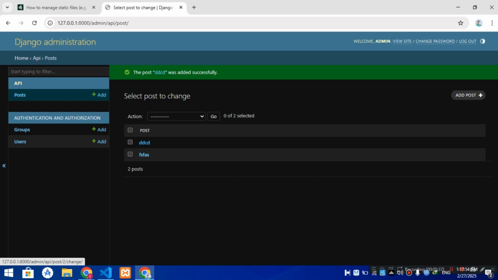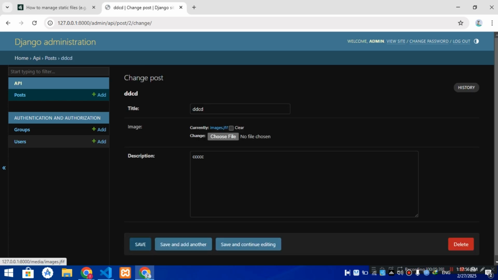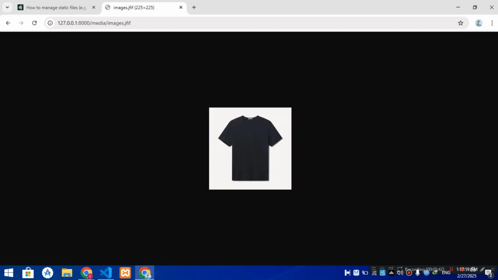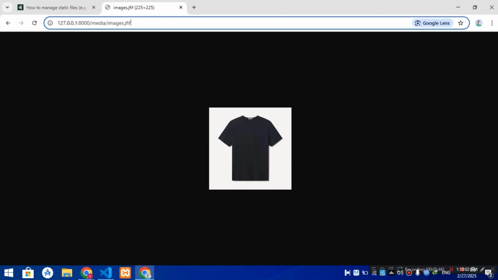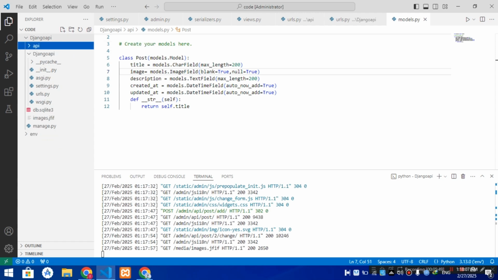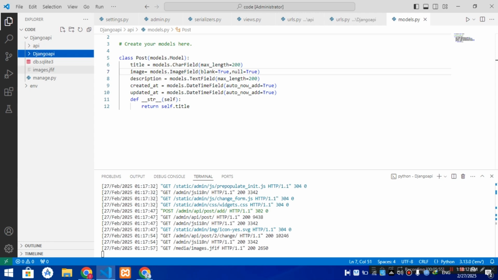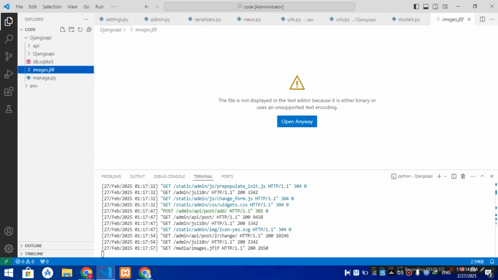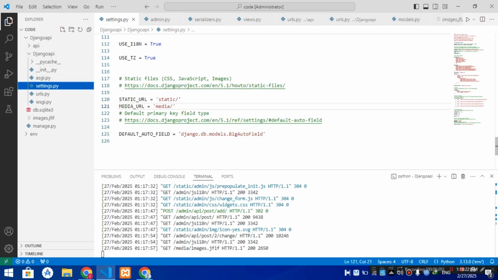Okay, so there is our image. If I click over it, our image is showing, and it's in the media folder. See that. Okay, open up our Django directory, and there is our image showing here. So that's it, I think. Okay, give this a slash and click save,